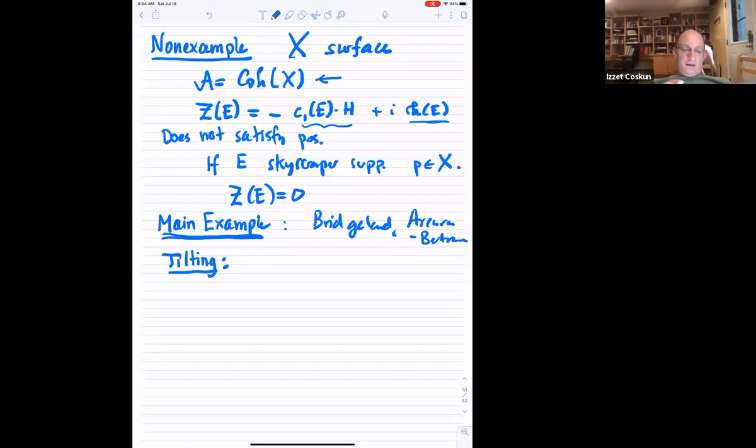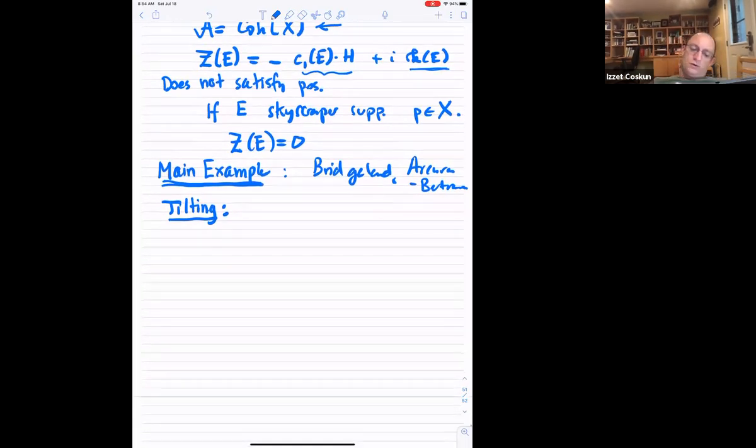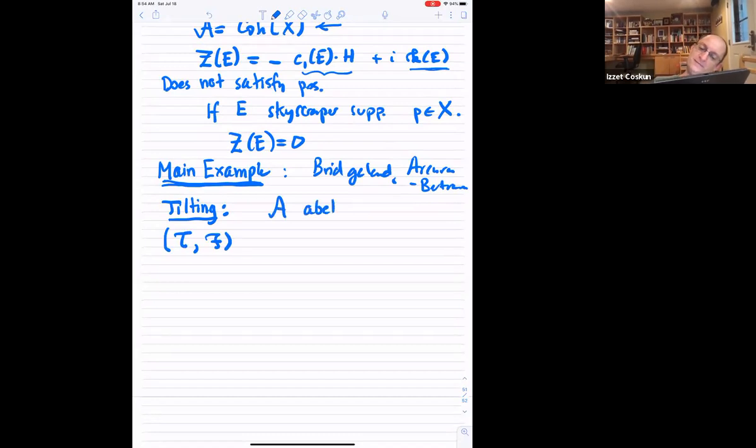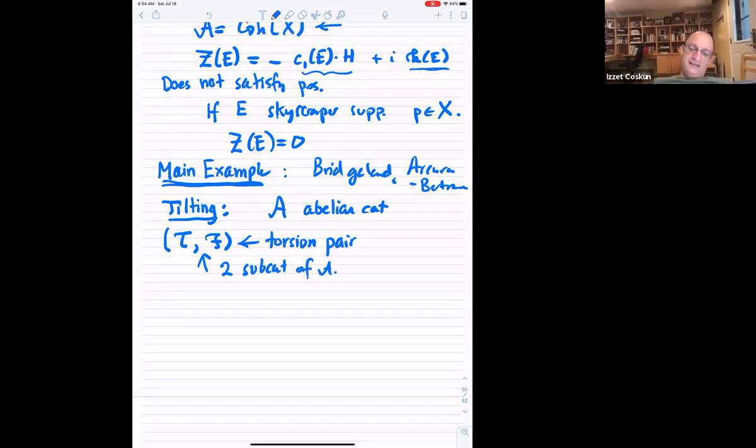Okay, so let me tell you what that is, and it's like this. Say that you have a torsion pair. So now what's a torsion pair? So that we have T and F. So A is an abelian category. So this thing is a torsion pair. Now, what does it mean? It means this is two subcategories of A. Okay, and the thing that you should remember, T is of course for torsion, F is for torsion free,